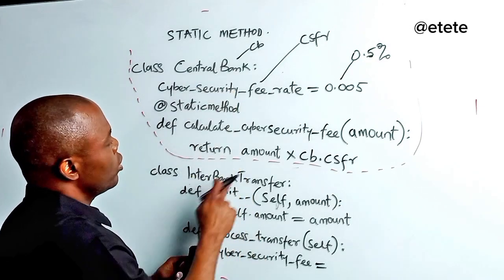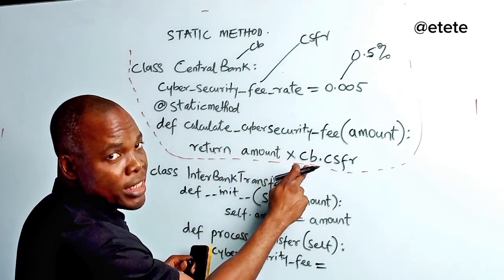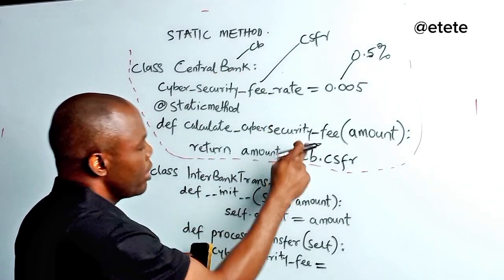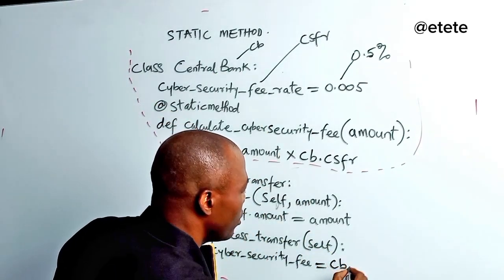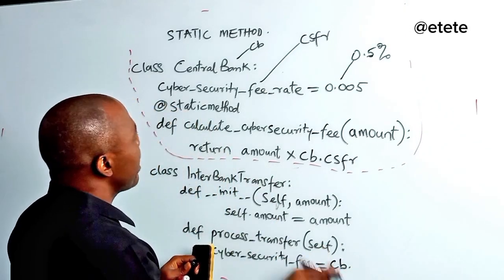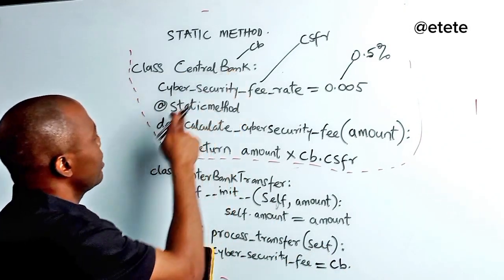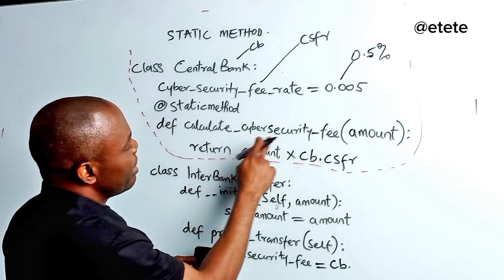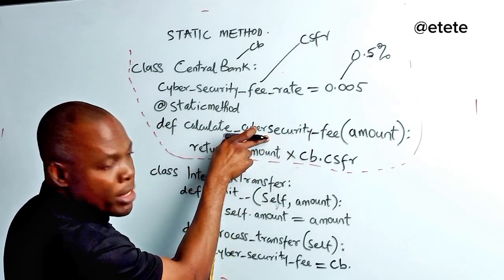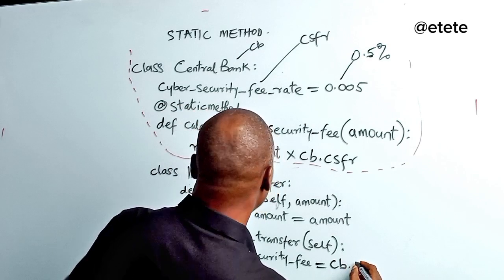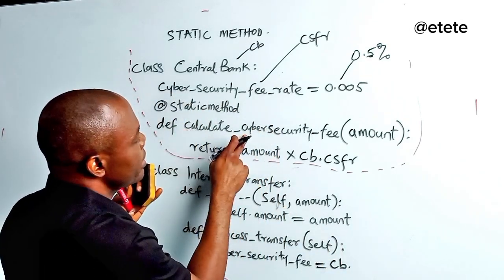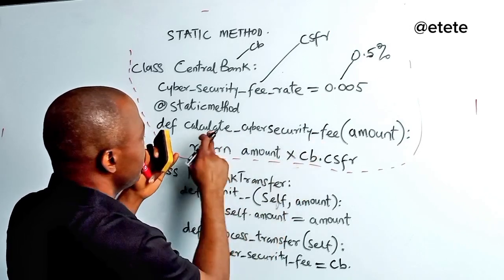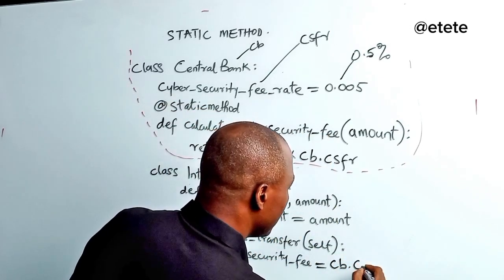So this cyber security fee will be what? Central bank. And we actually did this, which is what? We abbreviated this central bank. So I'm going to use the same method. I'll just simply say CB dot, that is central bank, which is this central bank class, dot what? Calculate cyber security fee. So I'm calling this method. I'm going to call this method. So I'll call it, and so let's just call it CCF, cyber security fee. So CCF,